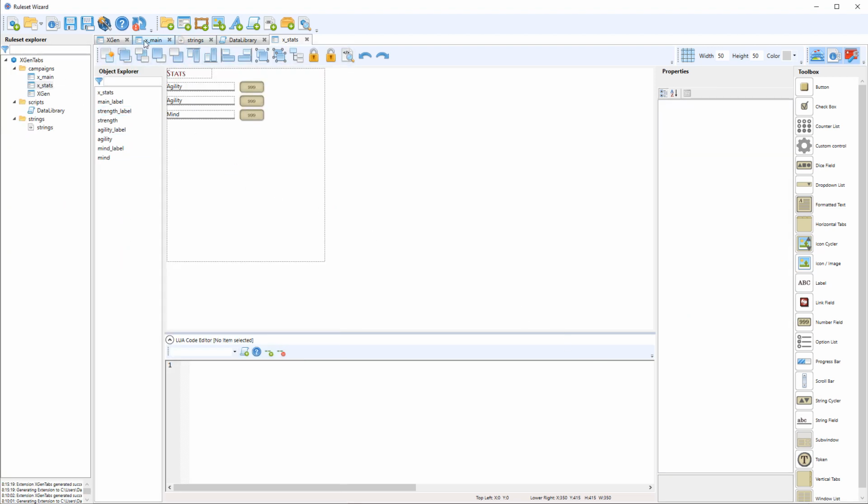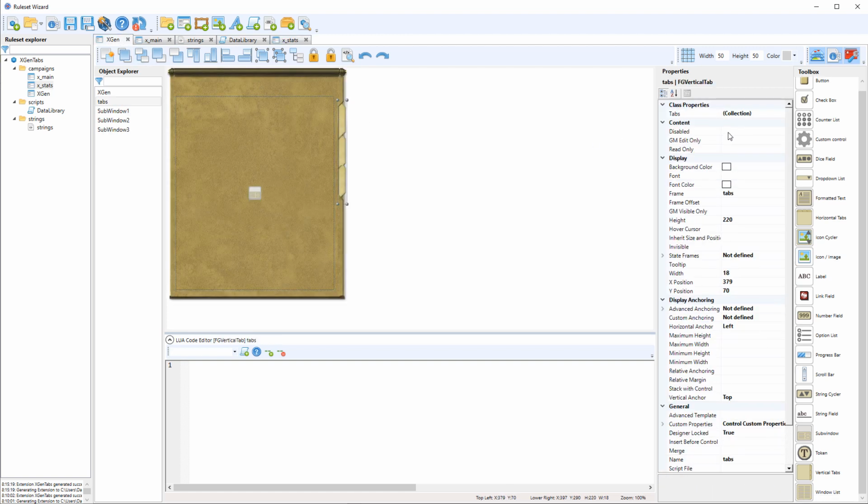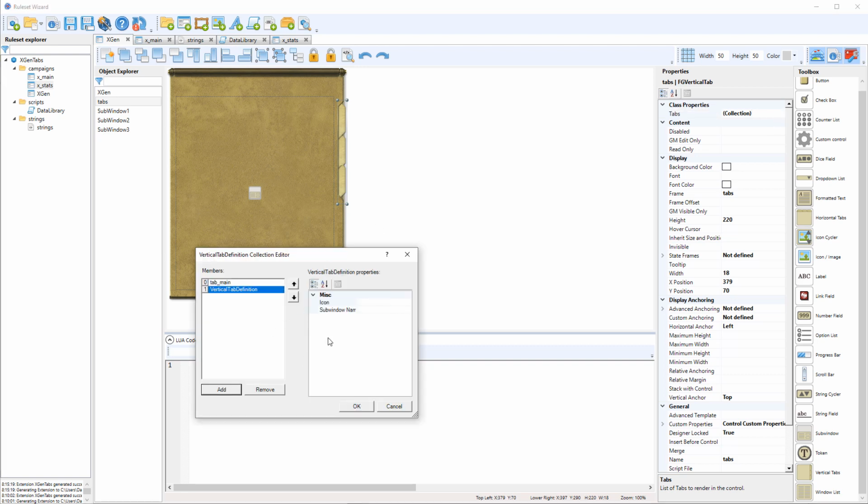So we'll go back to our main sheet here. We'll go back to our tabs. We'll go to our collection, and we'll add another one. This will be tab abilities. That's the icon name. The sub-window name is going to be this sub-window here, sub-window 2. And we're going to add one more. And this one's going to be called tab other